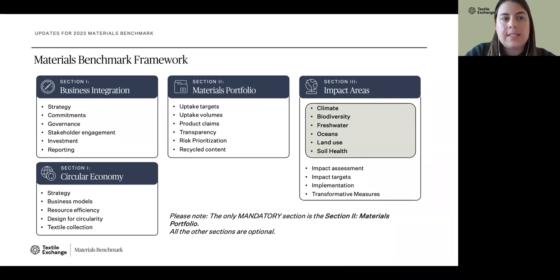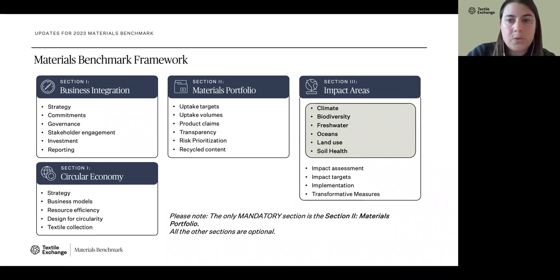Section 2 is our materials portfolio, and it's here to collect participant uptake data across all materials. We have updated and removed the materials modules for those who participated in the previous year. So all the information for your fibers and raw materials is now in section 2. As with the previous year, to complete this section, participants need to prepare their company's uptake data for the materials portfolio for the reporting period.